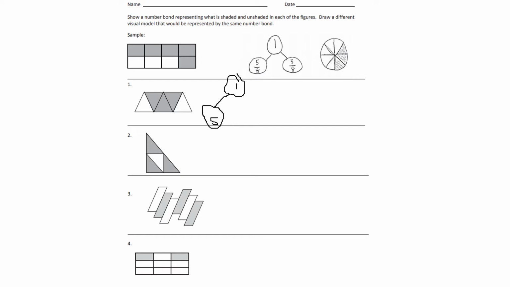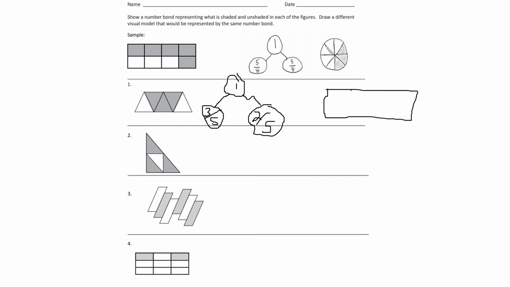Our shaded is 3. On this side, our total number of parts still is 5. And our unshaded is 2. Now, because it said to make a different shape, I'm going to make a rectangle